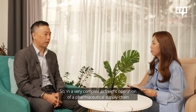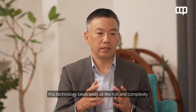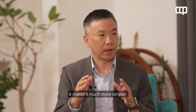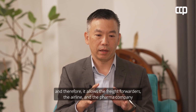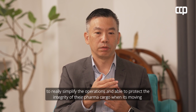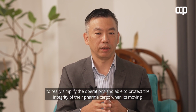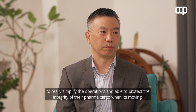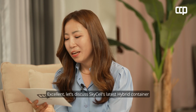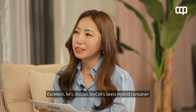So in the very complex air freight operations of a pharmaceutical supply chain, this technology takes away all the risk and complexity. It makes it much simpler, and therefore it allows the freight forwarders, the airline, and the pharma company to really simplify the operations and protect the integrity of their pharma cargo when it's moving from end to end. Excellent. Let's discuss SkyCell's latest hybrid container, the